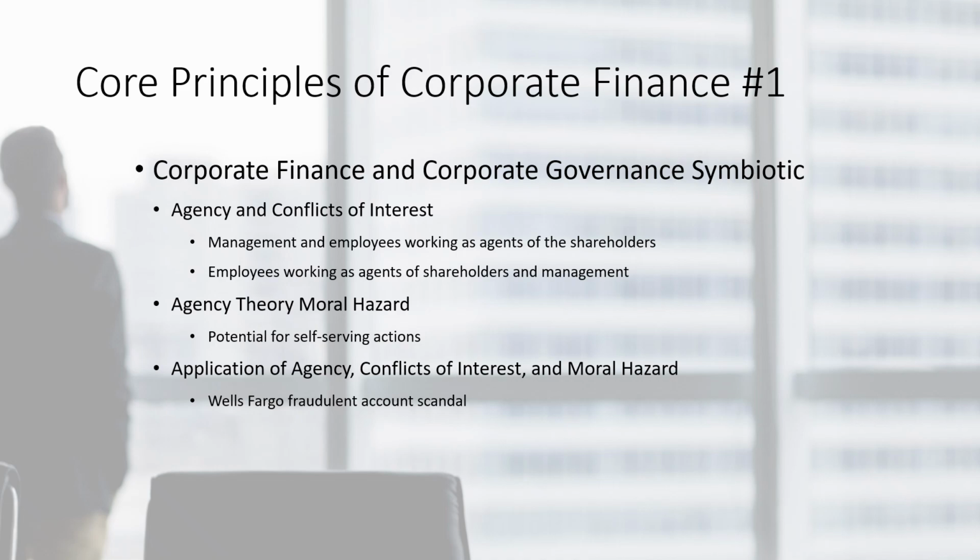The Wells Fargo Bank fraudulent bank account scandal, which may have started as early as 2003 and became public in 2016, is an example of how the principal agency dilemma can result in conflicts of interest and moral hazards. Incentive-based compensation was provided to customer-facing employees and management to generate new savings, checking, and credit card accounts daily as agents of the corporation. This resulted in the self-serving, unethical opening of thousands of fraudulent accounts by Wells Fargo employees and over $200 million in fines, penalties, loss of employment for more than 5,000 workers, and forfeited compensation to managers and employees.